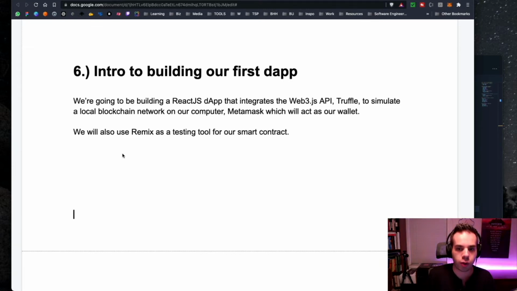And even before this, we're going to be using Remix as a testing tool for our smart contract. Remix is very powerful for Solidity, and it also helps us test individual contracts really before we need to be doing anything in VS Code. So it's just a really great graphical user interface, or a GUI, to be testing the development of smart contracts.